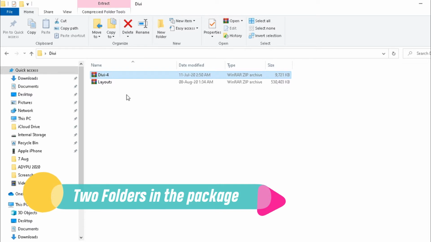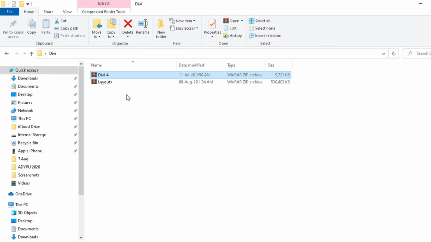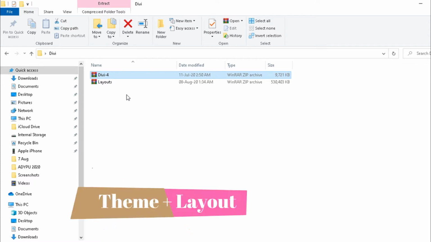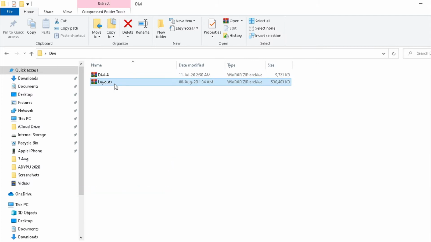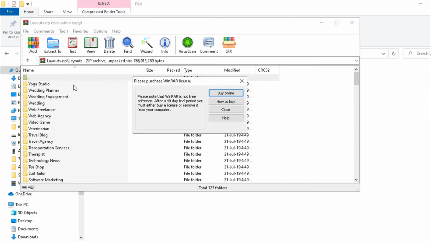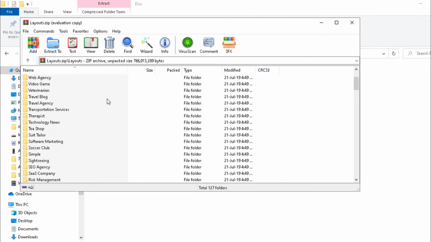Make sure, because previously I was confused with this as well, that you do have two folders. One that consists of the theme. Here you can see DV4, the name for this zip folder, and you do have a layout folder as well. Now it might consist of somewhere around 30 layouts or 100 layouts depending on from where you are downloading it. I'll just quickly show you this folder, and here you can see there are about 127 layouts